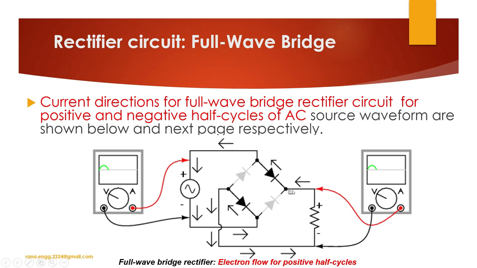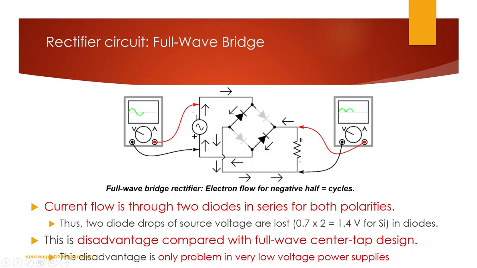So from this diode our input signal will go to the output, but it is not the only path. It will circulate across, it will again come back to this point, and from this point this diode will also be on. So there will be 2 diodes on and 2 diodes off. So output waveform will be obtained due to these 2 diodes. Now in the second polarity, second half cycle, what will happen? Second half cycle, this top one will become minus, the bottom one will become plus, right?